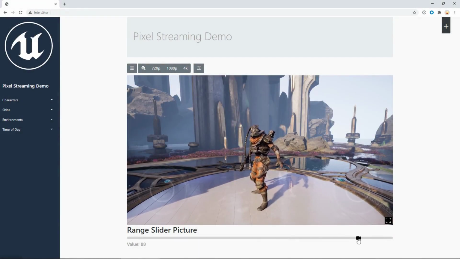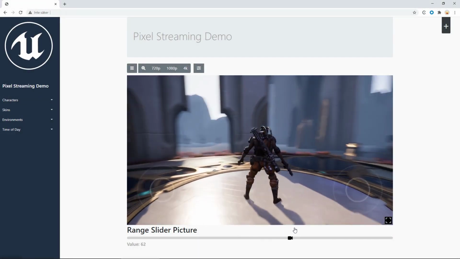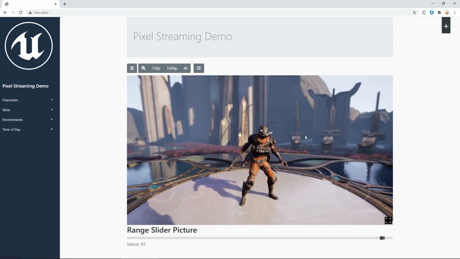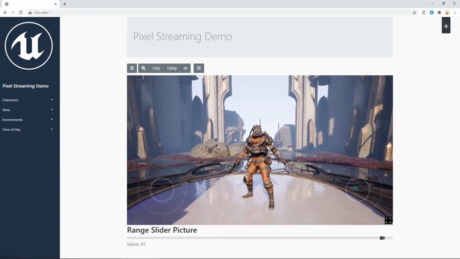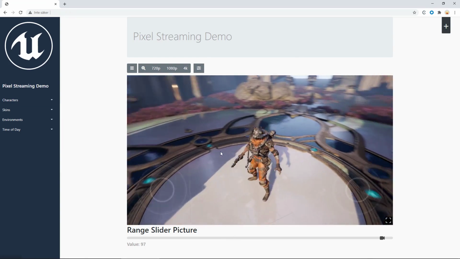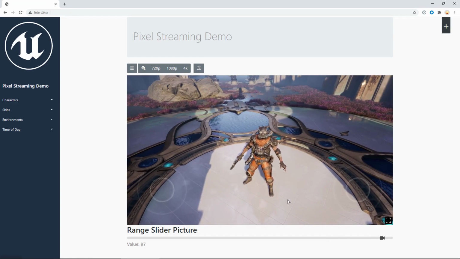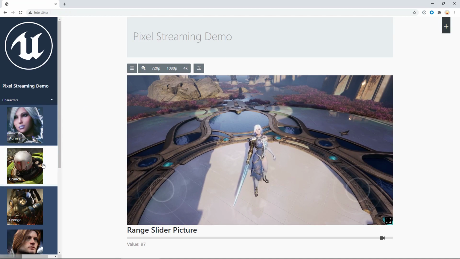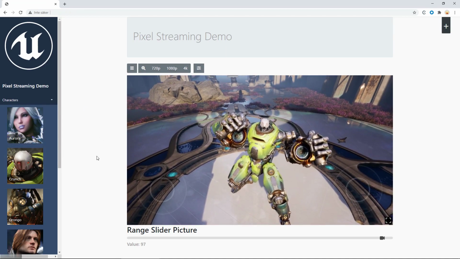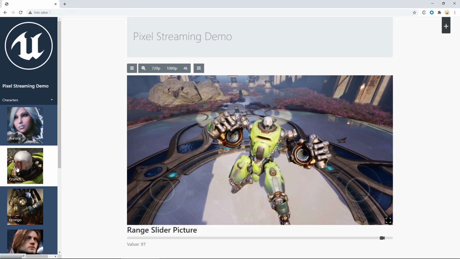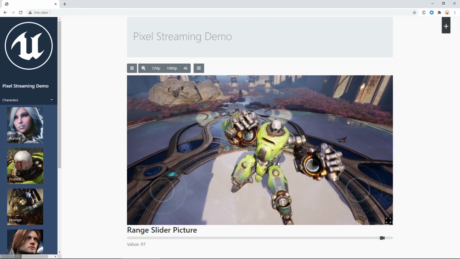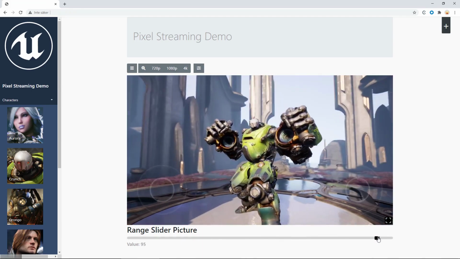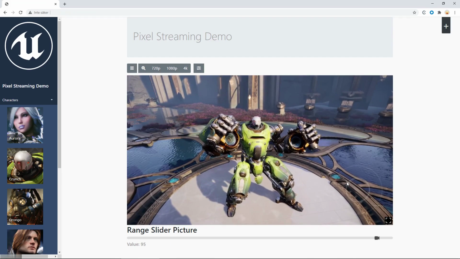Now that I've shown you how to create your own interactive elements in the website that later can change the application itself, you might notice that whenever I interact with the application, it doesn't change anything in the website. For example, if you change a character here, you would probably want to see on the website that this character is selected. Or if I change the camera, that this little thumbnail is changed with it. Let's have a look at that in the next tutorial.